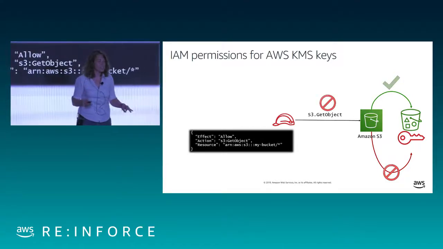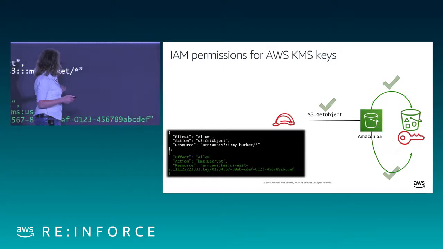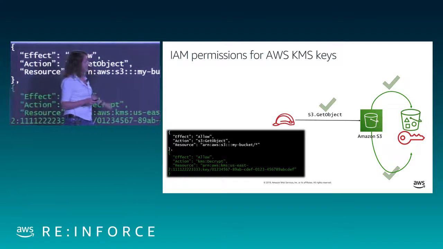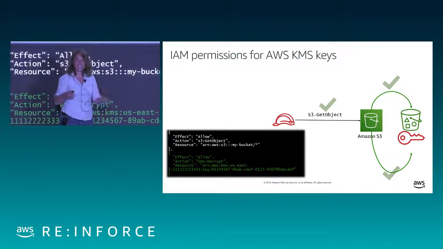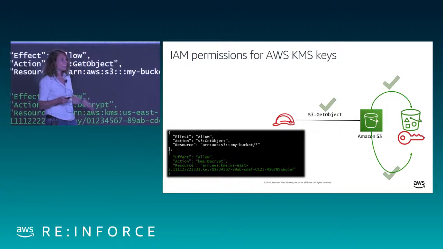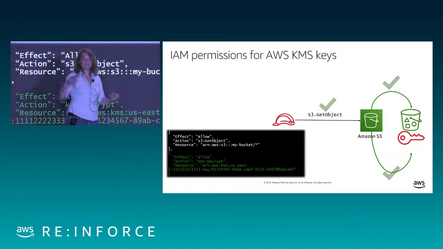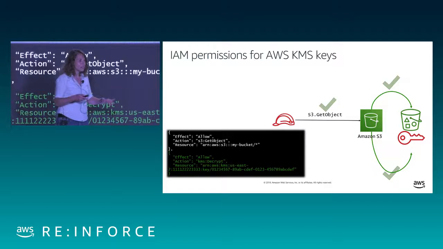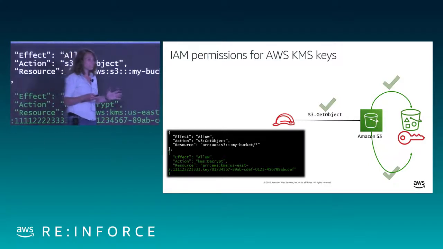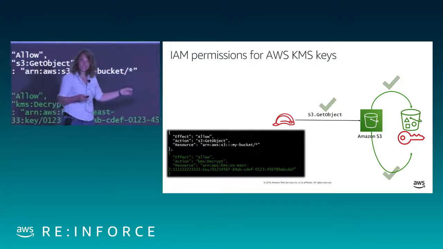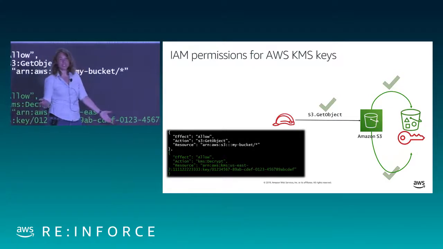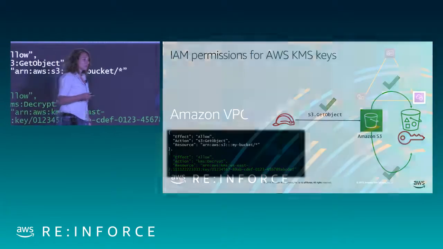How do I fix this? Well, the caller also needs to have permission to the specific key being used here. And now both of these calls are going to succeed, and again, S3 takes care of the decryption mechanics for us. The nice thing about that default AWS/S3 key is that you wouldn't actually need that, because the key is unilaterally granting you access. But if you're using a customer managed key, just remember that anybody who's going to read the data needs permission not only to the original service, but also to the key to decrypt the data. That's really all you need to know to encrypt your data in AWS.